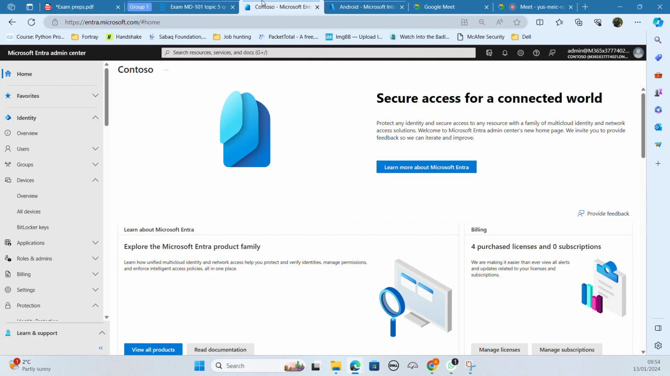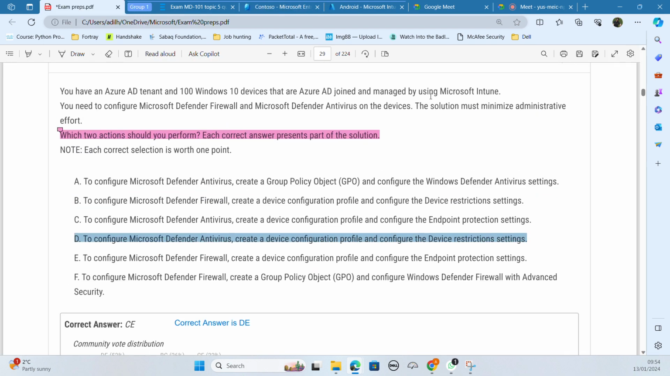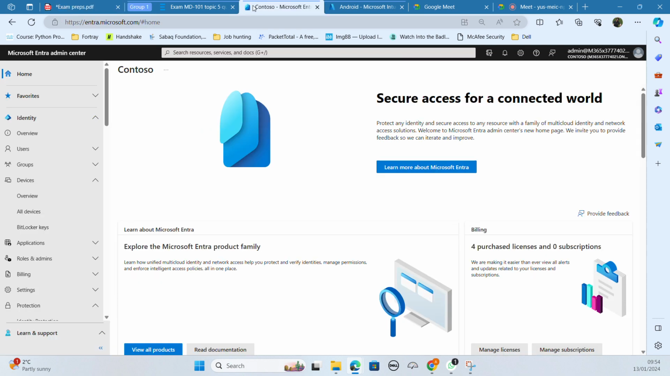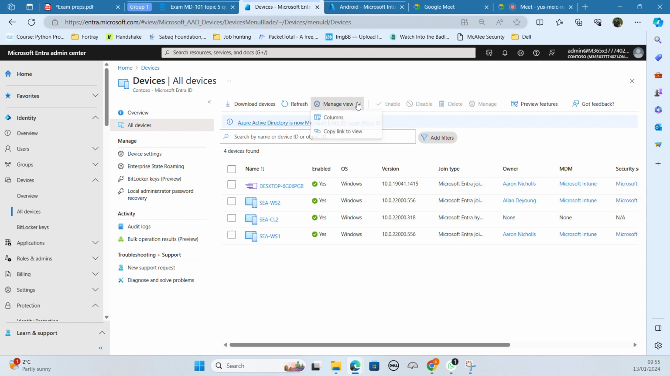Let's go to device configuration. Where was it? In Azure AD device. I forgot where you